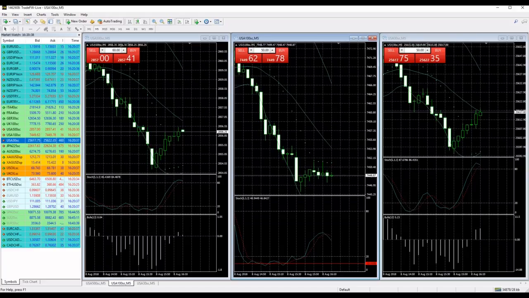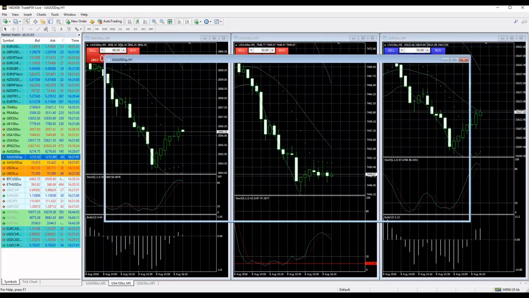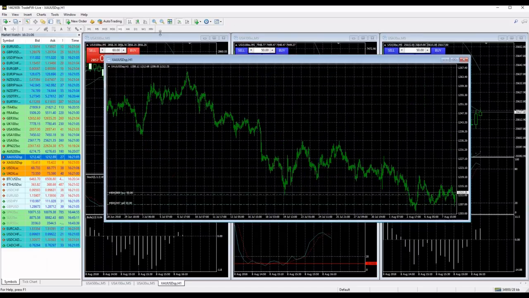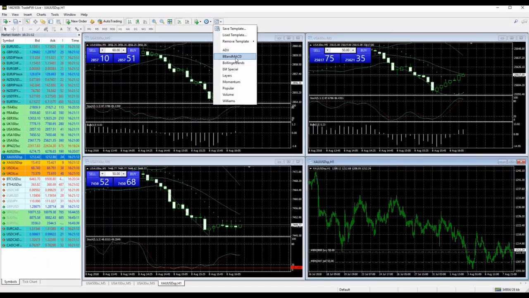Let me see here. And we will trade accordingly, guys. I need to open another chart. I want also the chart window here on gold. And there we go. I will implement here my nice